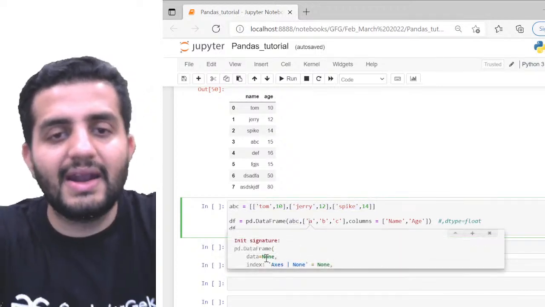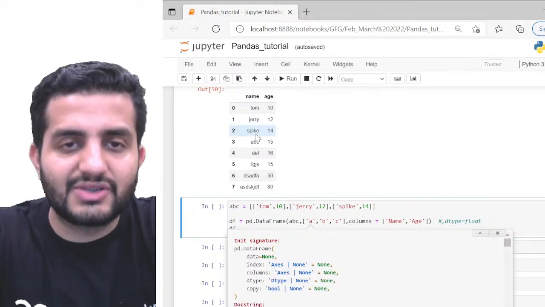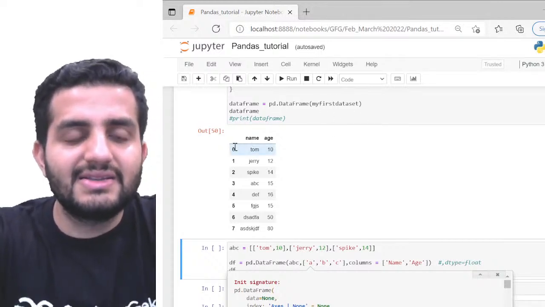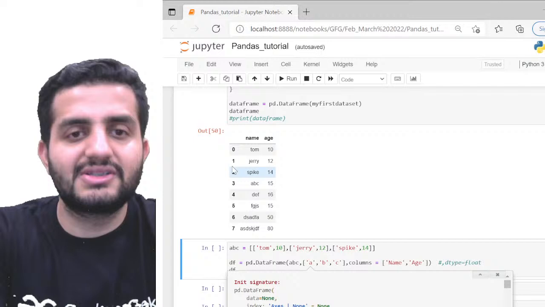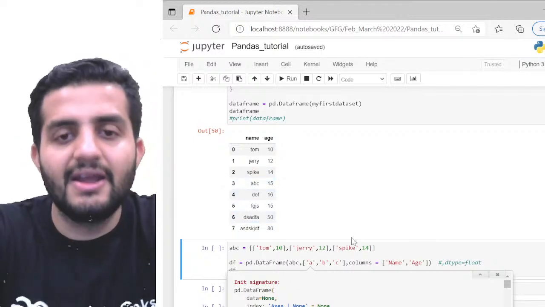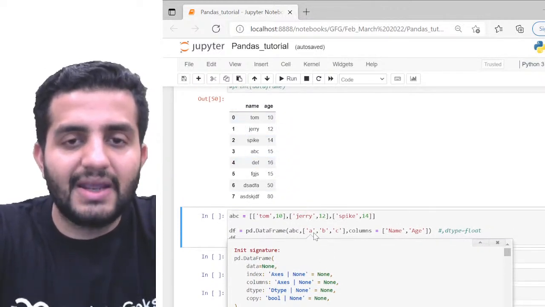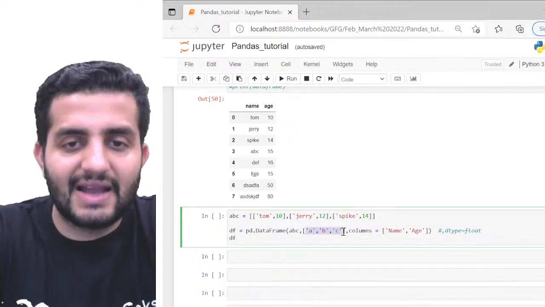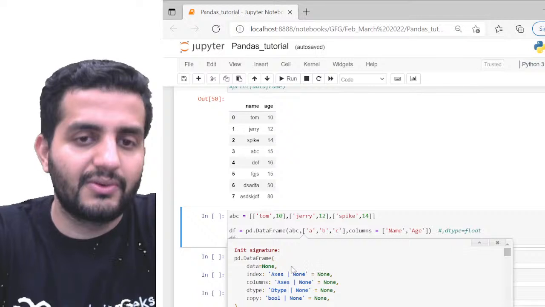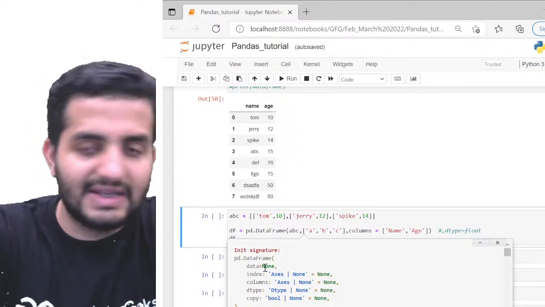And now again, I have index. The second argument is index. So here I'm also specifying the index. You can see earlier, when we did not specify any index, it just used the default indexing, which is 0, 1, 2, 3, 4, 5, 6, 7. This is the default indexing of Python, right? But now I want the default indexing to not happen, and I want the indexing to be A, B, C like this. So this is where I'm specifying the index of my rows. I'm specifying this index as A, B, and C. I can give any index. We have already seen that, right?